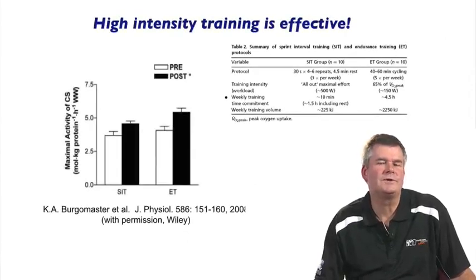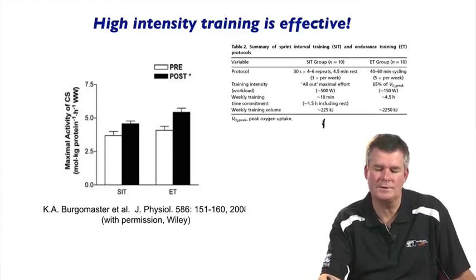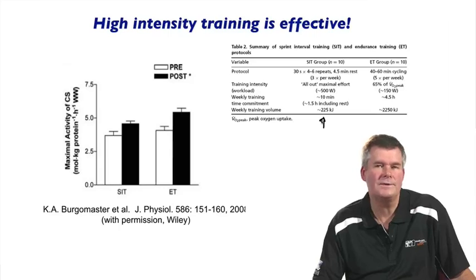An interesting observation that's been made for a number of years is that intensity can often be a very powerful stimulus. And here's a recent study comparing two types of exercise training designed to increase the functional capacity of muscle. And they measured the oxidative capacity again using the activity of the enzyme citrate synthase. And there were two types of exercise training employed. One was very high intensity exercise that you can see here, involved repeated 30-second sprints, 3 per week over about a 6-week period. The other was a more traditional endurance type training program, 40 to 60 minutes of cycling 5